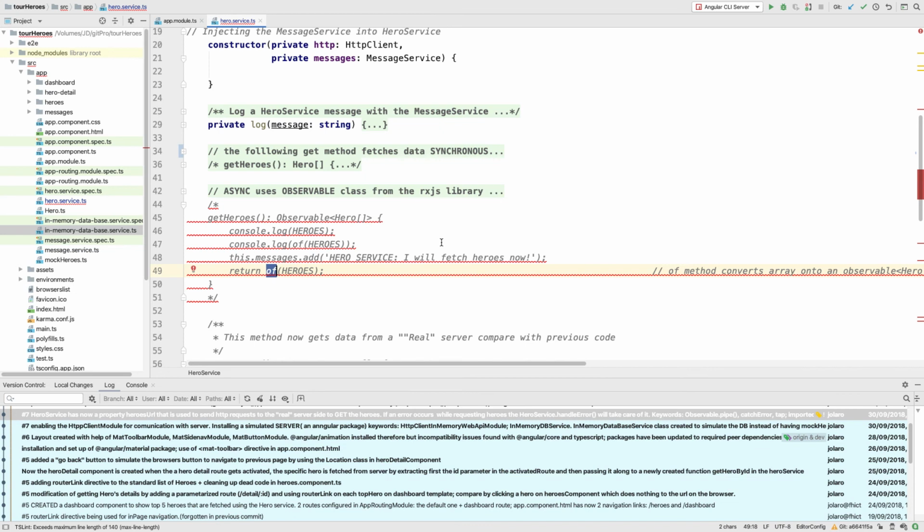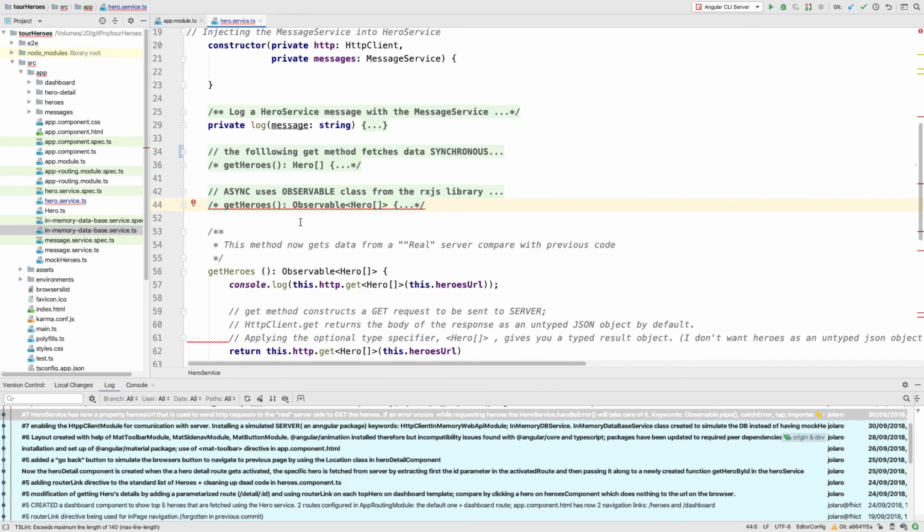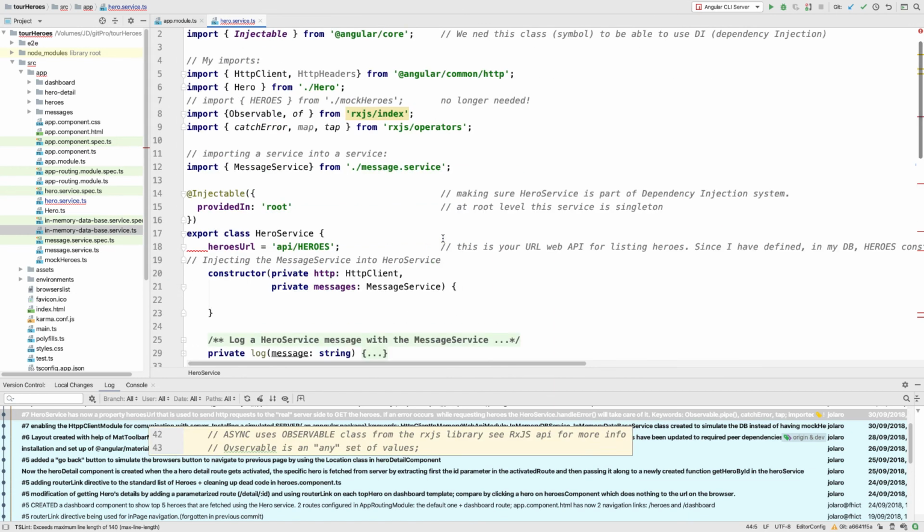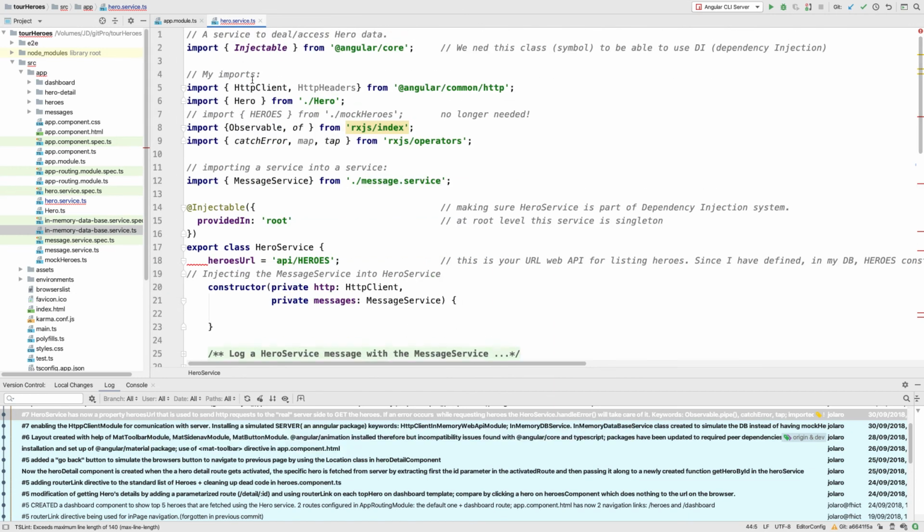So that was happening behind the scenes. It was okay up until this point, because we already are going to interact with a real, so to say, real server. So this code is no longer functional. So now what we're going to do is use, of course, the module that we just imported, the HttpClient